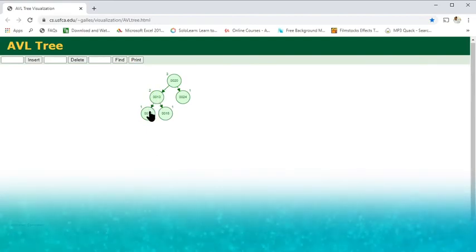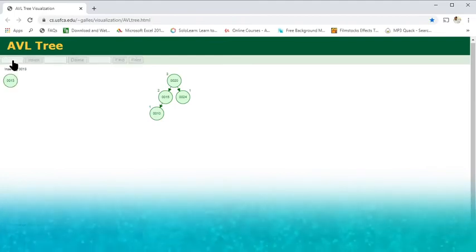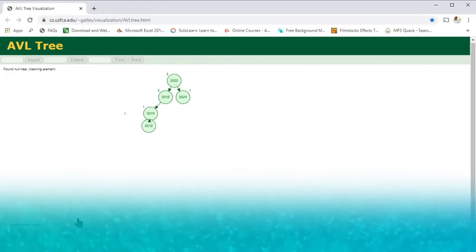Yeah, we make a right rotation, isn't it? So just I'll show that again. Since we are placing 13, let's make sure 15, it's less than, okay, and again 10, 13 is greater, we place at the right side, and we compare each and every node, and here we have the problem.